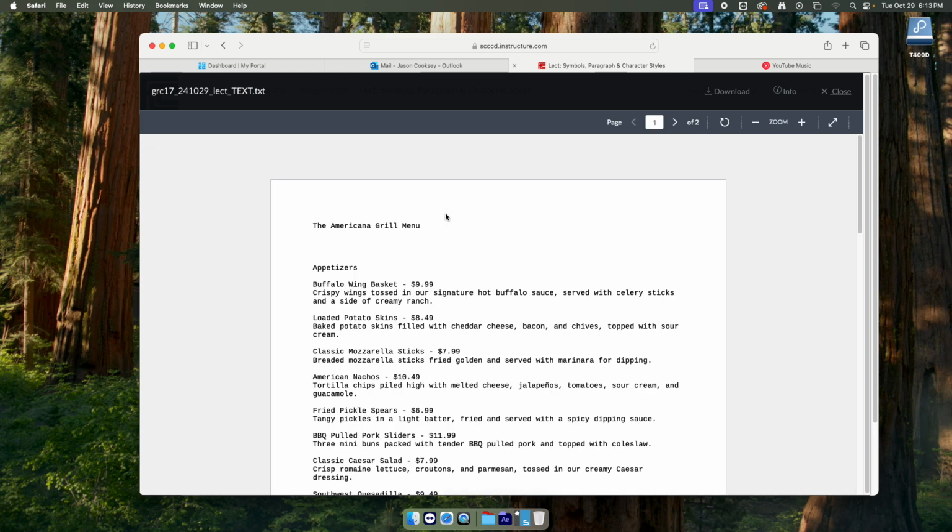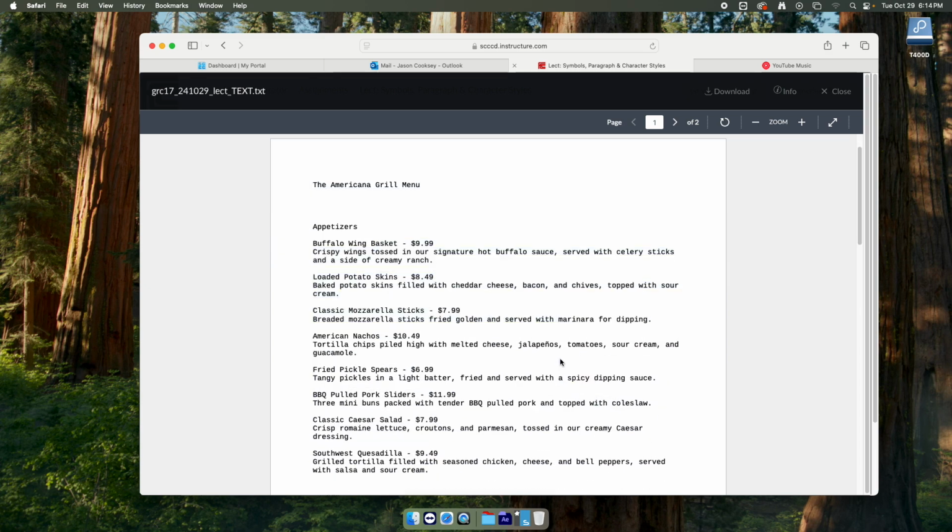Now, I did this with my InDesign class, and for some reason, Canvas just borked the whole thing up. Like, it inserted all these weird characters. This one looks right. I did download it. I did import it. Everything looks fine. But if you get some weird formatting, please let me know, and we'll try and figure out how we can resolve that. One of the solutions was just to copy and paste all of this into Illustrator, but I want